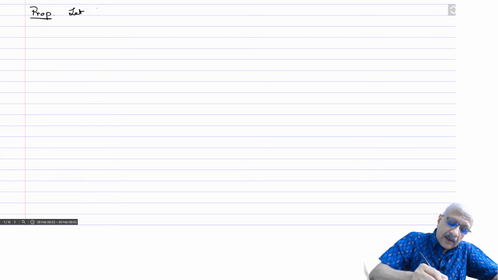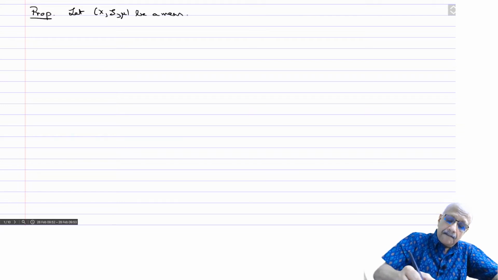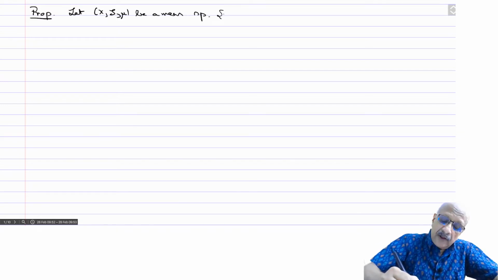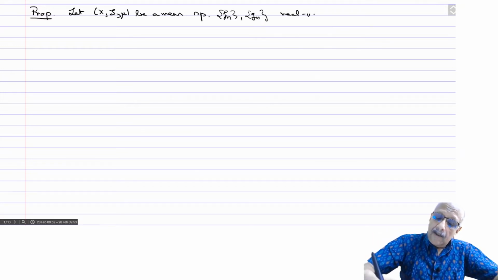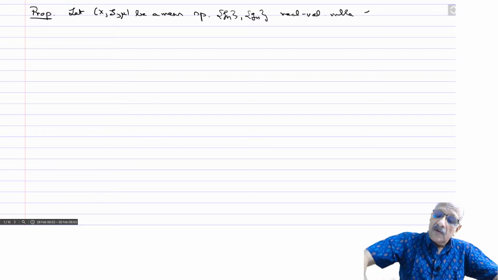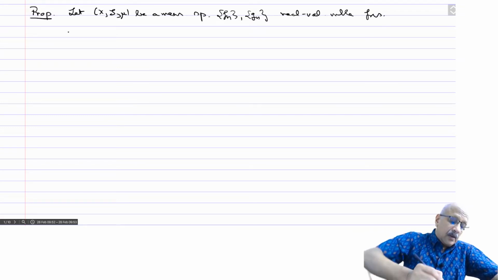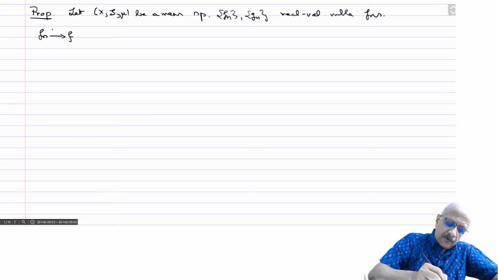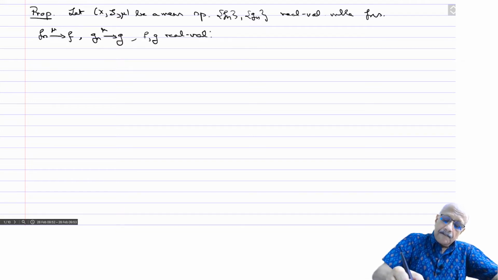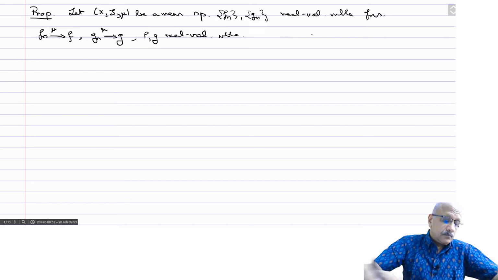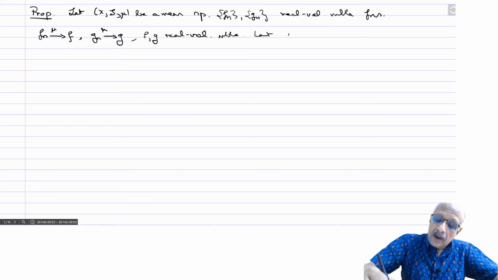Let (X, S, mu) be a measure space, f_n, g_n real valued measurable functions, f_n converging to f in mu, g_n converging to g in mu, f, g real valued measurable. Let alpha, beta belong to R, then